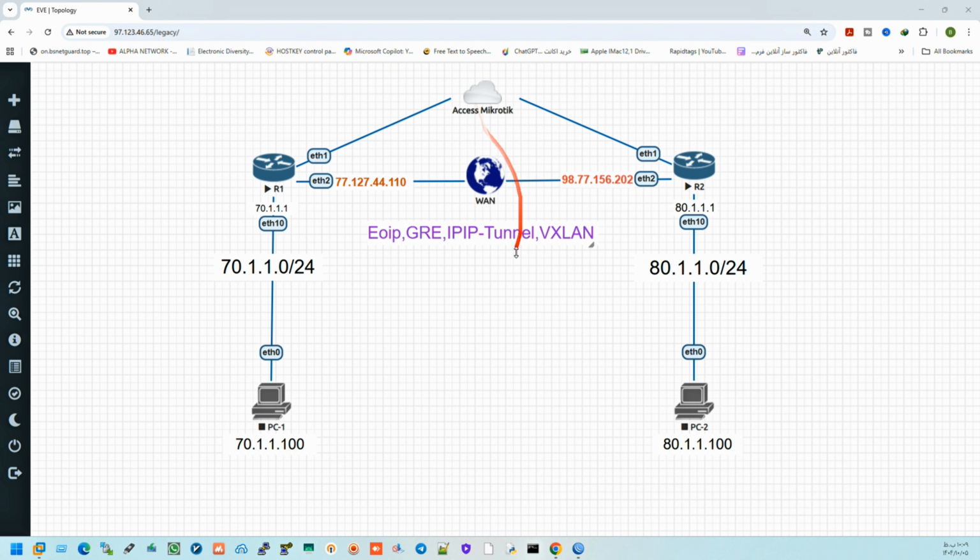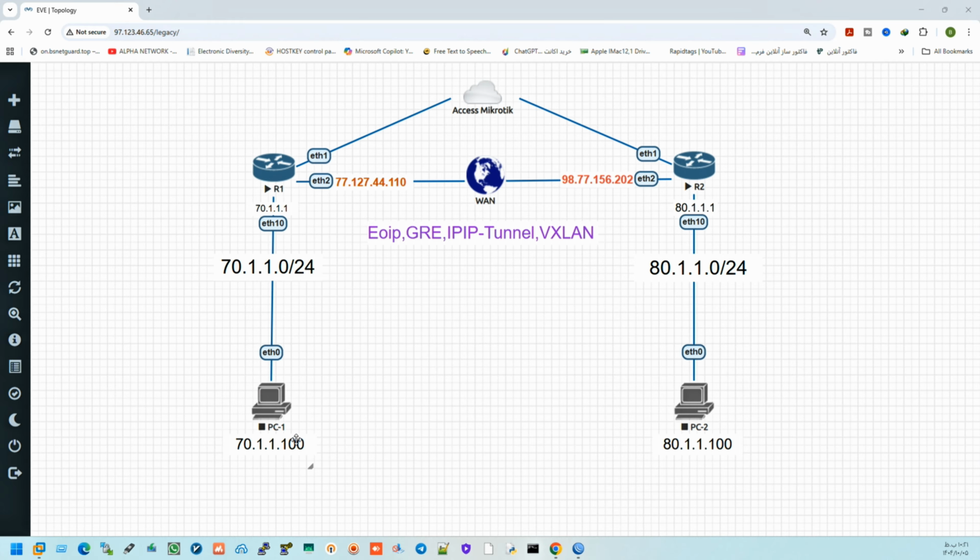it from Windows, or what I've named the MikroTik Access. The second Ethernet interface is designated as the WAN, meaning our internet connection, and I've connected it to the MikroTik. Then, the 10th port, or Ethernet 10, on the first router, the initial MikroTik, is assigned to the clients, and my client's IP range is 70.1.1.0/24. With a client IP of